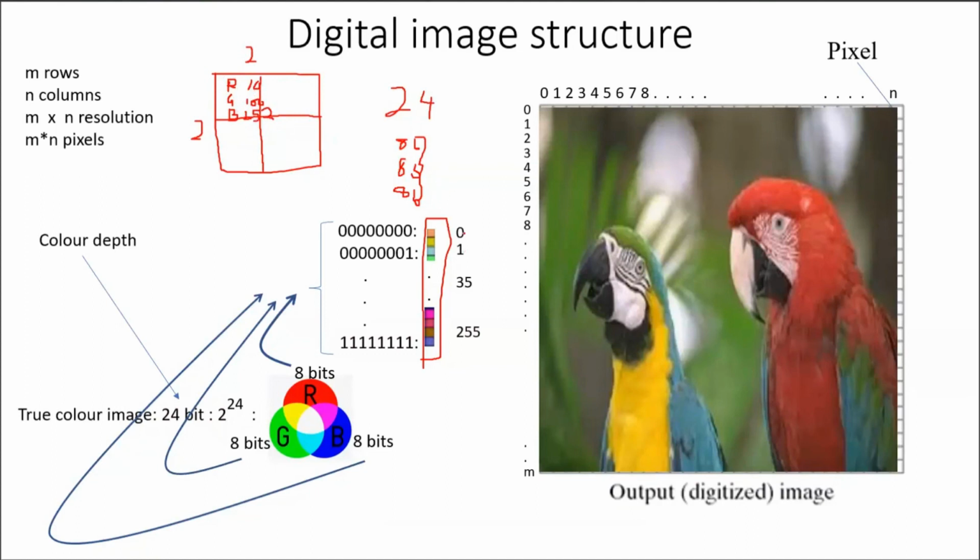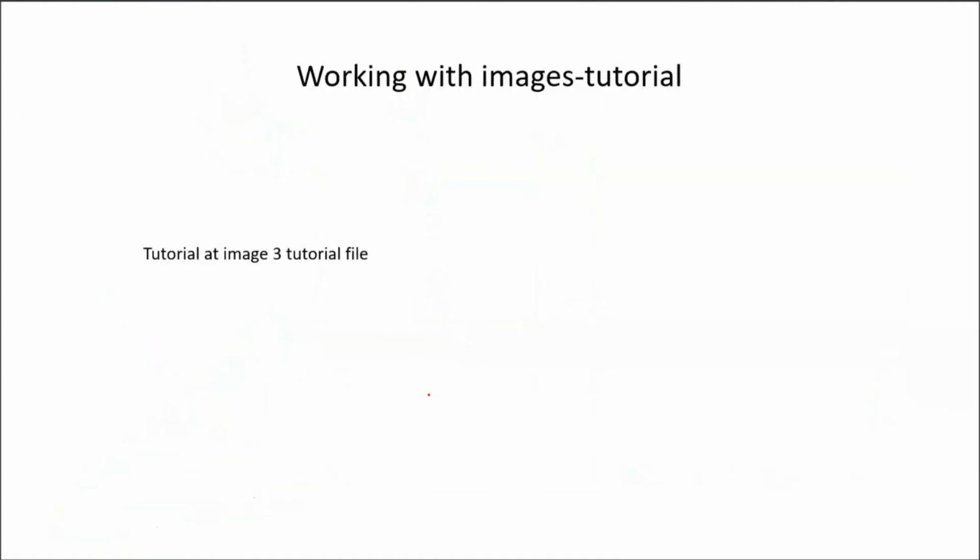Depending on this, 10 is somewhere here. So what color is it? We look at the lookup table. And 100 is somewhere here. So you look up in the lookup table what color 100 represents. And you have 252, which is before this, somewhere here. What is the color code for 252, and so on. All right. So we are going to move on to the image hands-on tutorial, to look at what we have learned just now: the color tabs, the pixel, the value, the RGB, and so on. Okay,